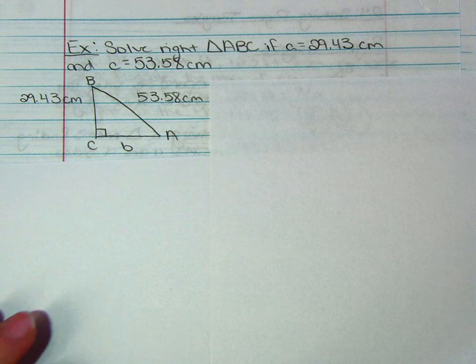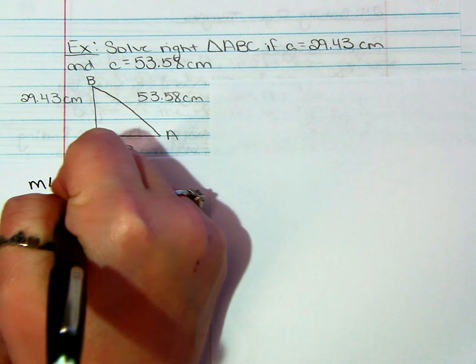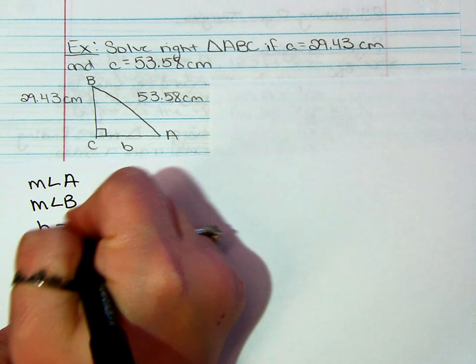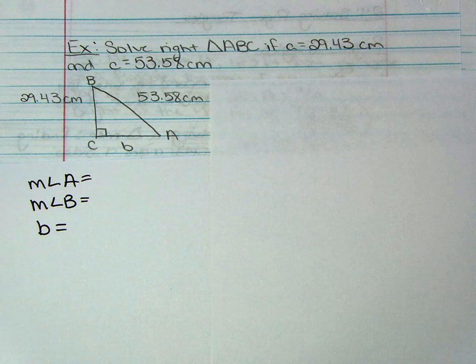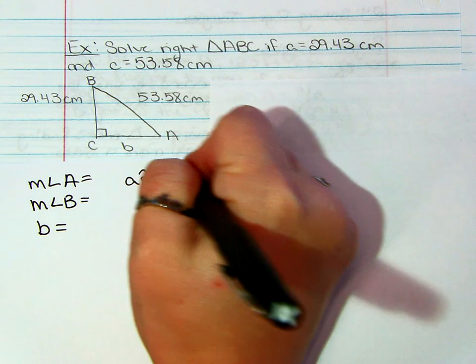So what we need to find out is the measure of angle A, the measure of angle B, and what side length B measures. Do you want to start by finding the angles first or the side length? Side length, okay. So if we know two of the three side lengths, does anybody remember a specific theorem? Yeah, Pythagorean theorem. Pythagorean theorem states that a squared plus b squared equals c squared when we're talking about